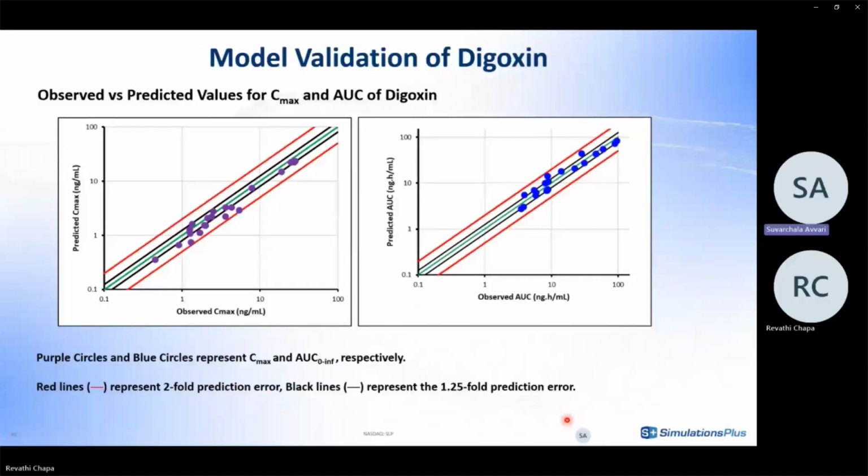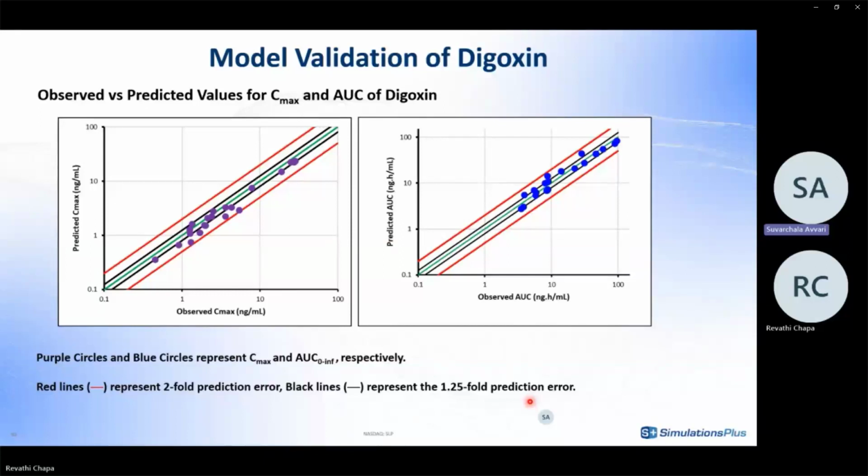So with this understanding of the in vitro data, the distribution characteristics, and the other transporters that are involved in the absorption and ADME of digoxin, we built the basic baseline model for digoxin and then further verified it in multiple IV and oral administrations after single and multiple doses.